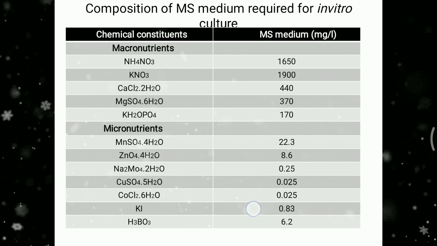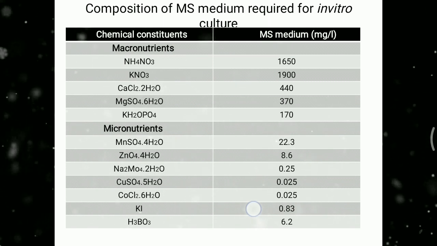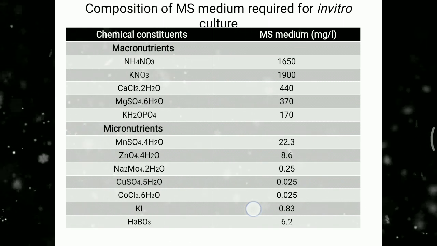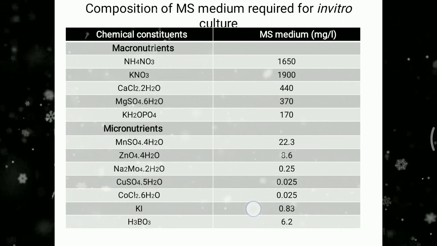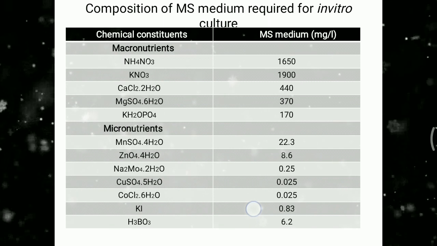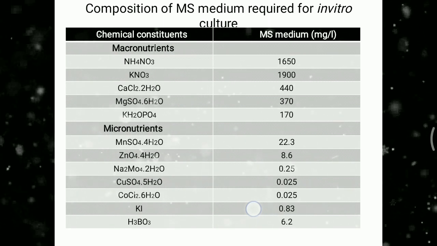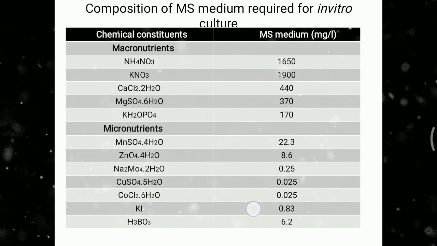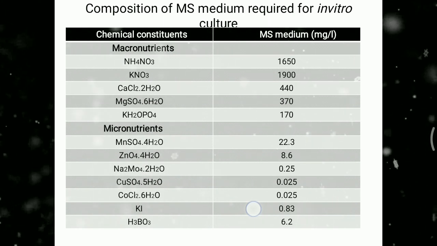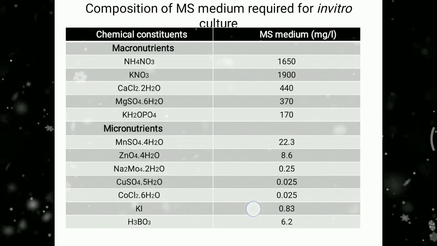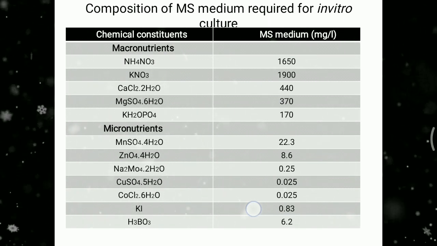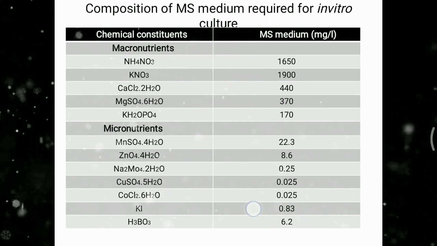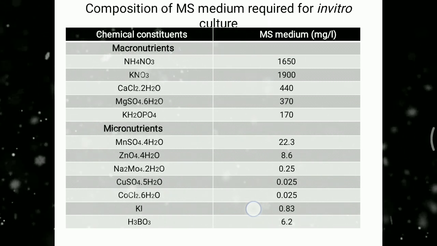First of all, as macronutrients, we use ammonium nitrate 1650 milligram per liter, potassium nitrate 1900 milligram per liter, calcium chloride 2H2O 440 milligram per liter, then magnesium sulfate 7H2O 370 milligram per liter,